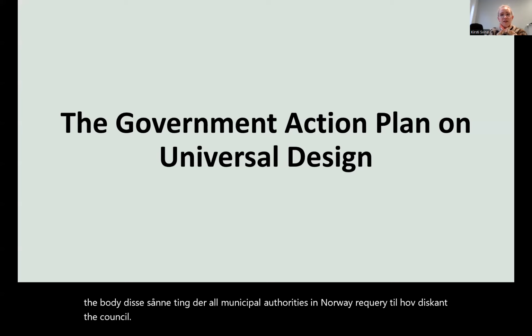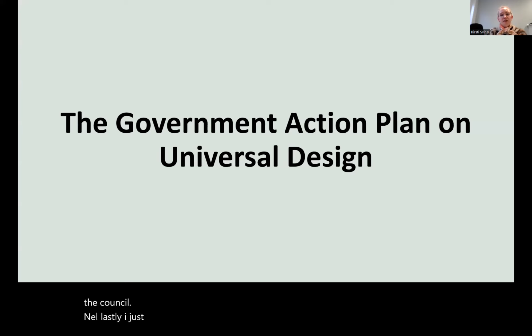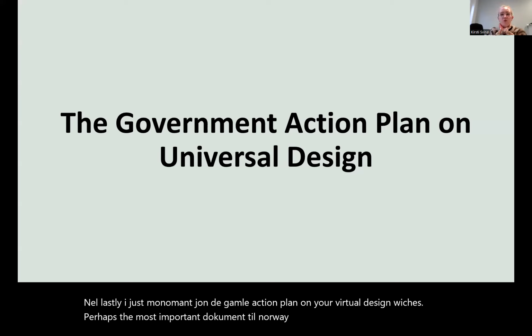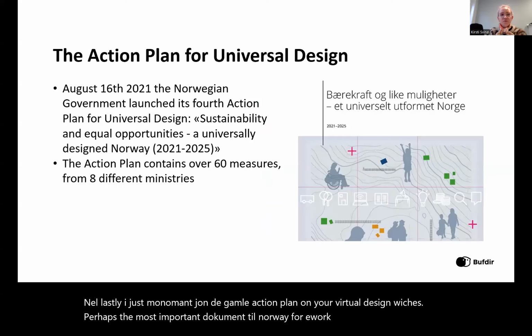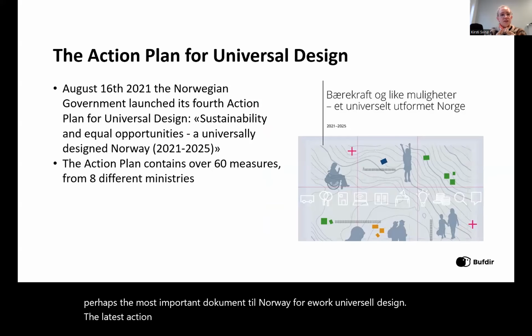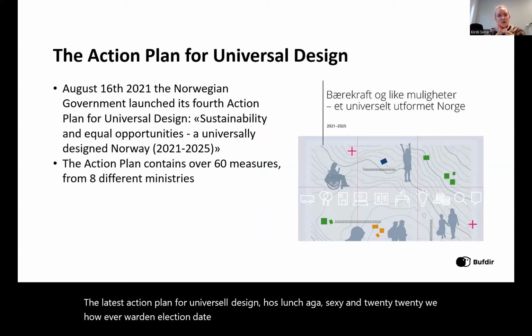Now, lastly, I just want to mention the Government Action Plan on Universal Design, which is perhaps the most important document in Norway for our work on universal design. The latest action plan for universal design was launched August 16 in 2021. However, we had an election that same fall and a new government, and it took a year after that